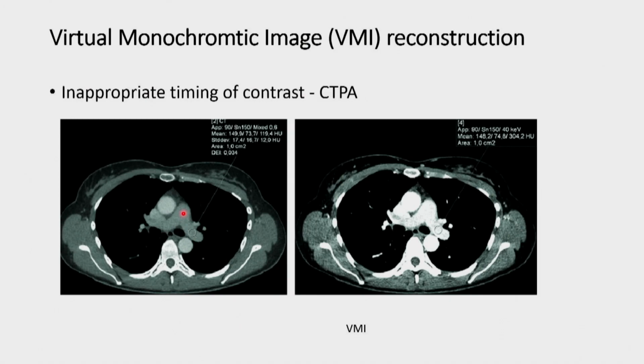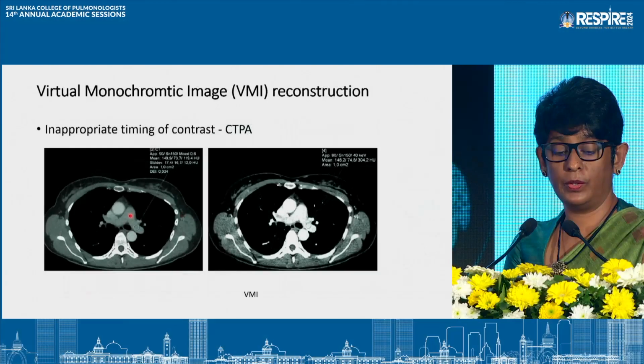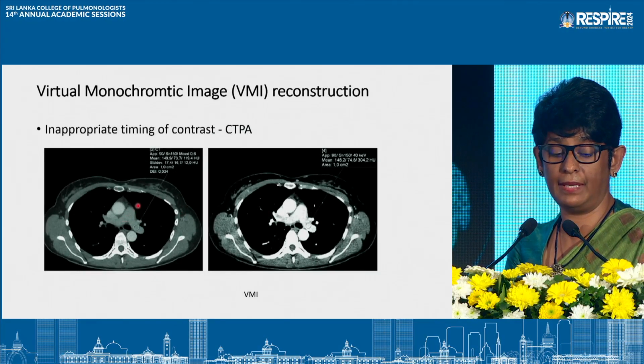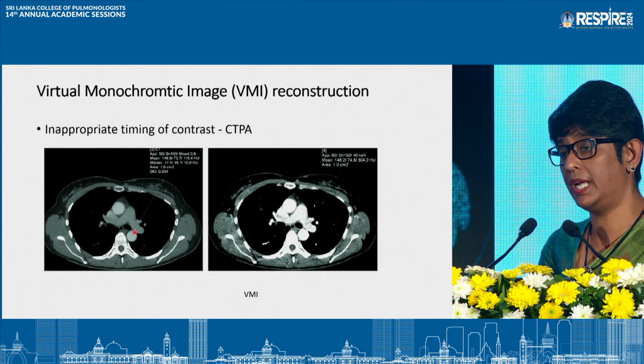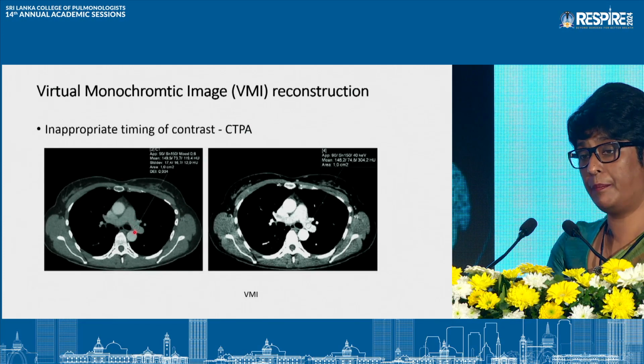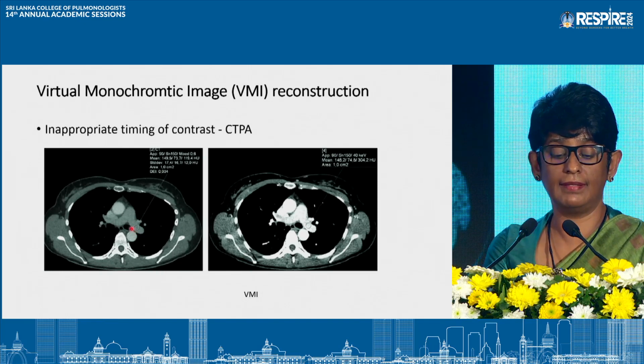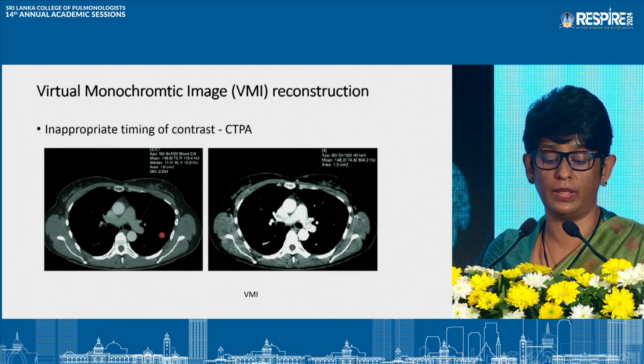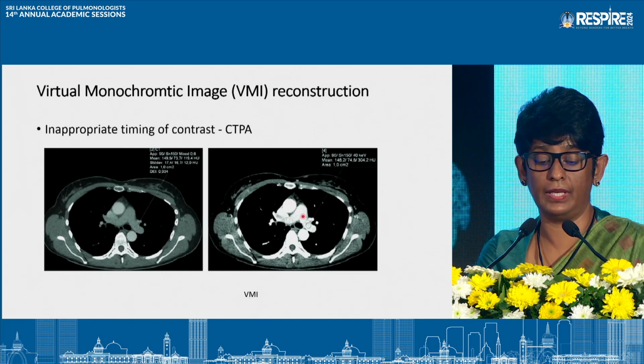So this is the original set of images. The contrast density within the main pulmonary artery is 120 HU. It's very suboptimal and is non-diagnostic. And the same set of images has been post-processed using VMI, and here the